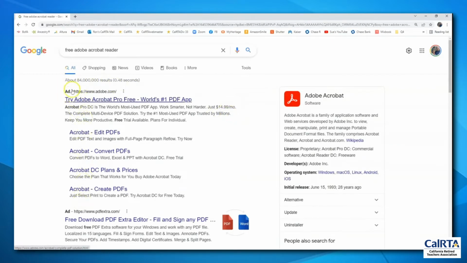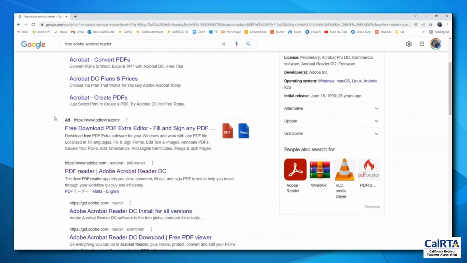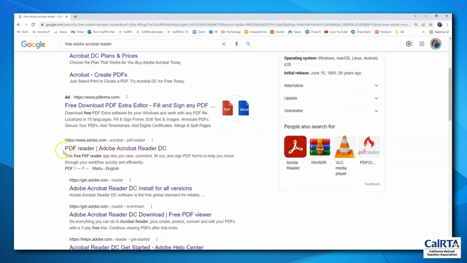Now, I always skip the ads, and so I'm going to scroll down, and the first item after all of the ads is the PDF Reader, Adobe Acrobat Reader DC. And notice that it says free PDF Reader, so I know that this is the one that I need. So I'm going to click on that link,